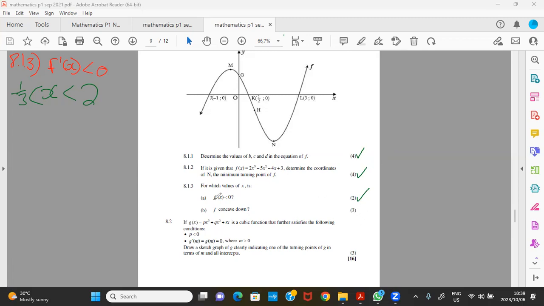So now we are at B, right? I take it that for this one, there's no misunderstanding for the first one, for A, right? So if that's okay, then for B, we are going to say now, they say for which values of x is